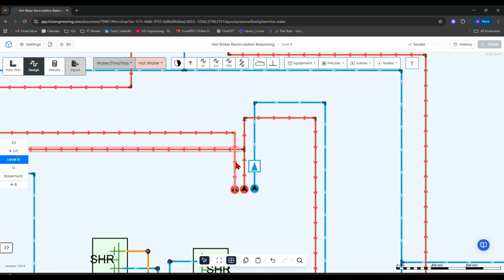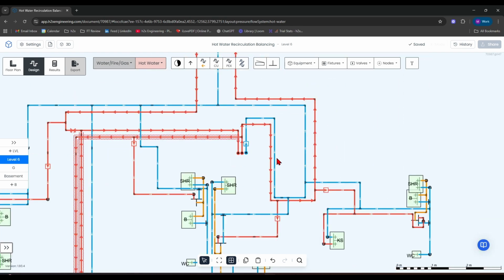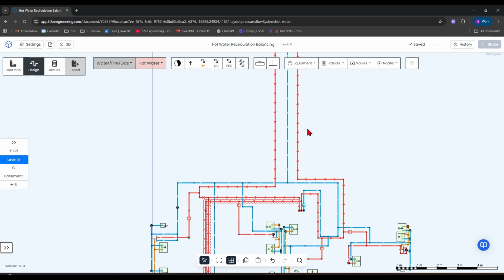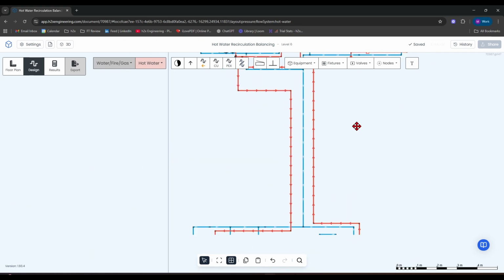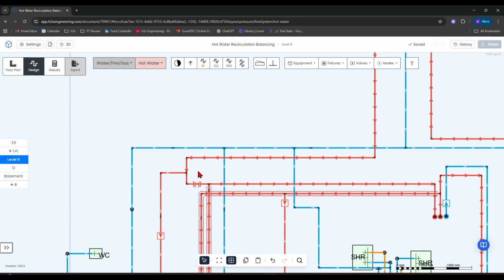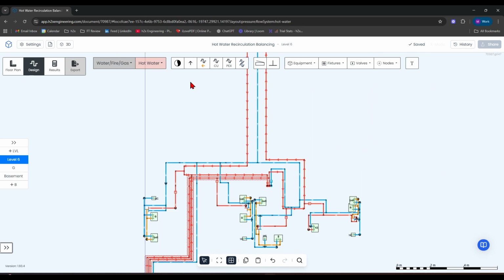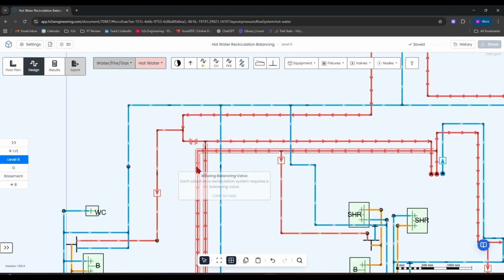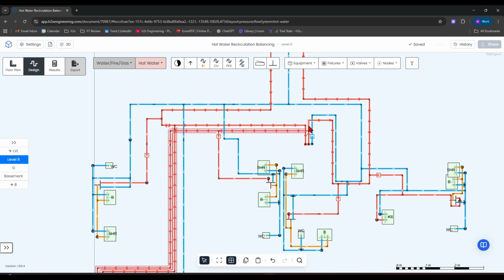Looks like we've got a riser where we've got the flow, one recirculation branch that wraps around this way, serves all of these fixtures, which is fine. That balancing valve can be placed there because it's downstream of all the connected fixtures. That's all good. Now we need to take a look at this layout here because you can see there isn't necessarily a clean split between